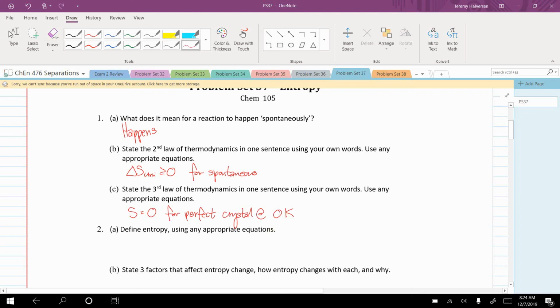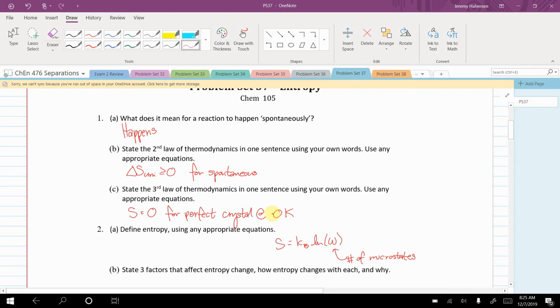And that's going to bring us to number 2. So this says define entropy and use any appropriate equation. I'll talk about entropy in relation to number 3, the actual equation to calculate entropy, the one that was carved on the guy's grave. So entropy equals the Boltzmann constant times the natural log of W, and W is the number of microstates. Now we're never going to ask you to figure out the number of microstates of something, but if you're given the number of microstates, it could realistically be asked of you to use this equation, because you literally just plug in the constant, which is on your equation sheet, ln of the microstates, and you get the entropy.